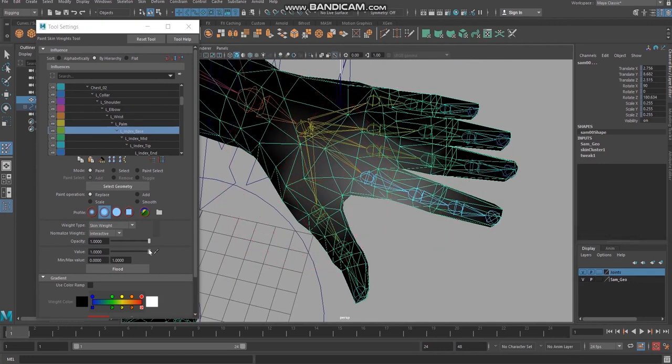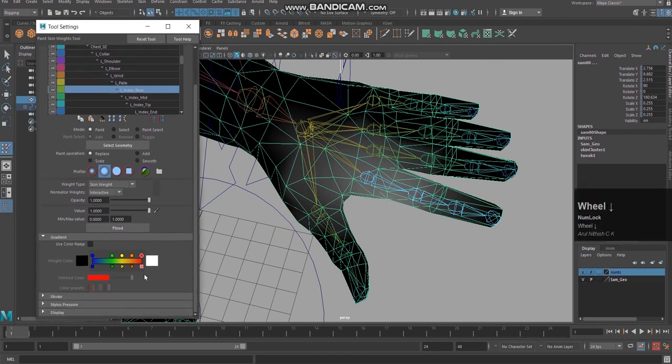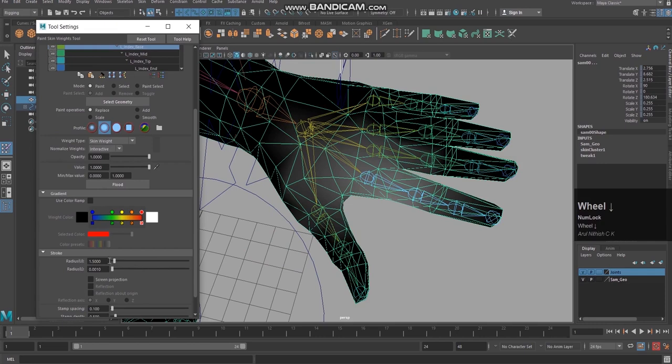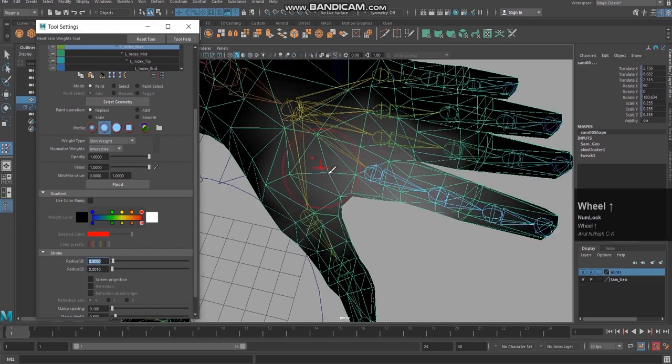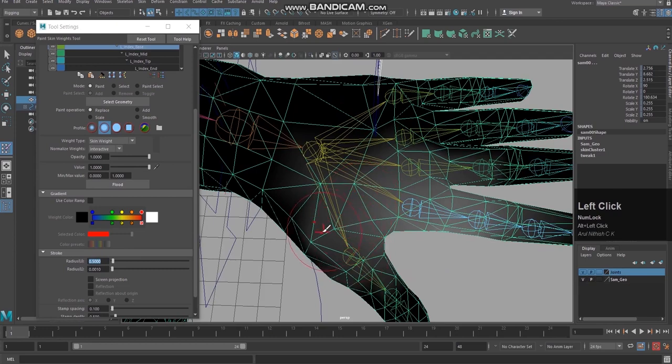So reduce the stroke size. I'm making it 1, or I'm making it 0.5. I want to remove this area and all, so I'm going to hold control and remove the value. You can see the values are getting removed.